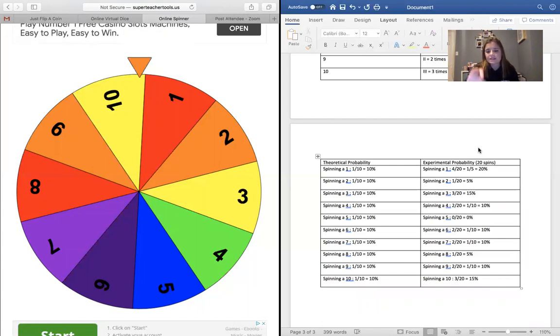You can look down and see how I have it, but this is exactly what you're going to be doing for your assignment. You're just going to do these 3 different experiments. You're going to keep track of what you get, and then transfer it over to a nice table like this